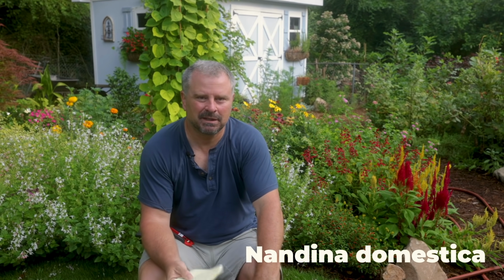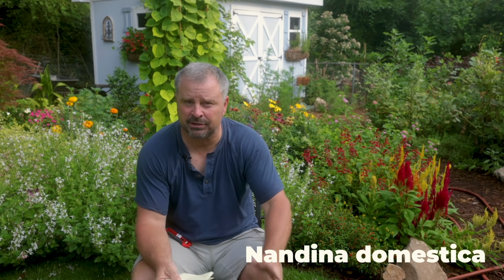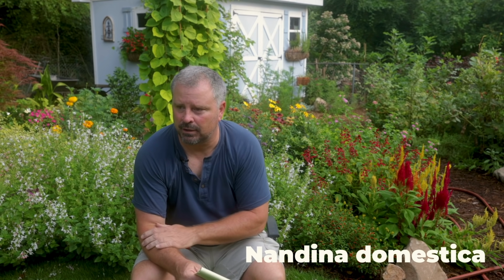I've talked about Nandina domestica on this channel before. It is considered a noxious weed. It was brought to the States a couple hundred years ago, and has been used as an ornamental plant in the Southeast. We have new varieties of Nandinas that don't seed themselves, and so in this landscape I've got lemon lime,